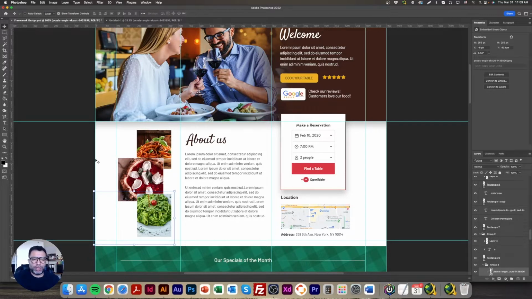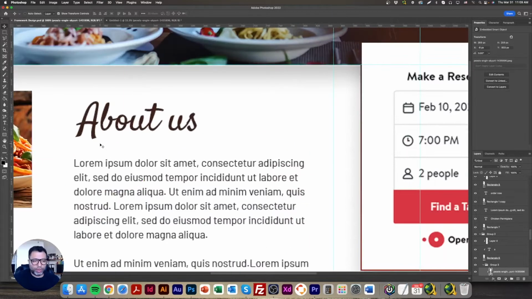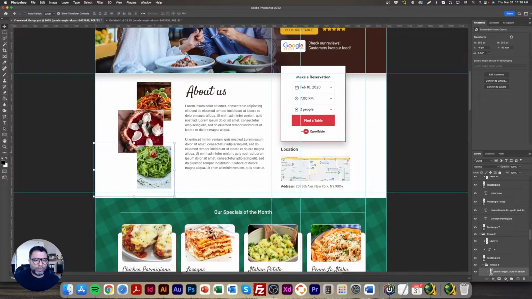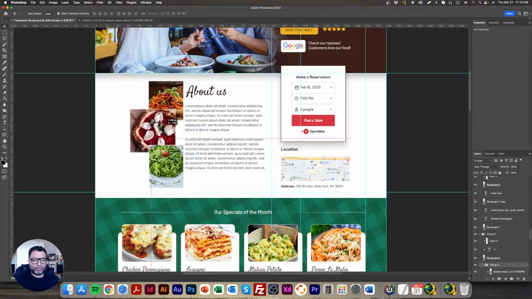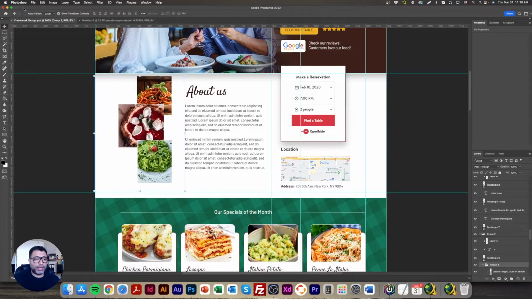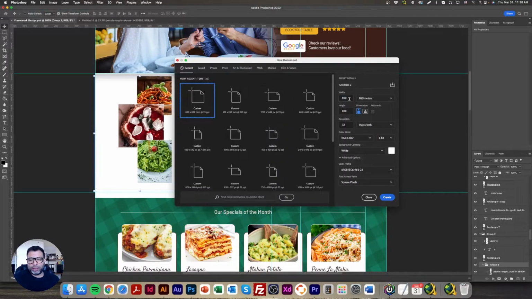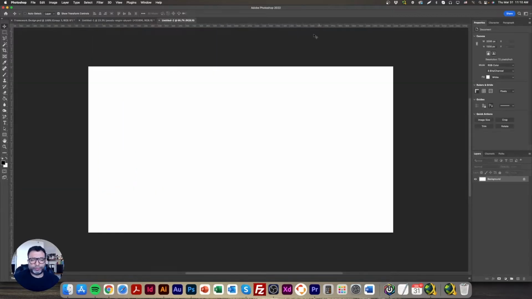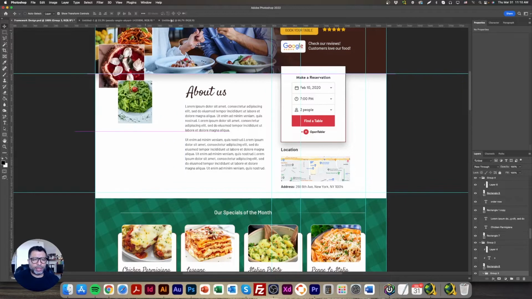So the fastest way for me is just come over here, even with the pictures divided, we can do just this. We can just remove these guidelines right here, and then we go all the way and we take these pictures here. I don't know if this is a group. Let's take this guy here as it is. Let's create another, this is our pixels, that's the reason. So let's create another file. So let's say 1200 by, let's say, 2200. All right, so let's move this guy all the way here,